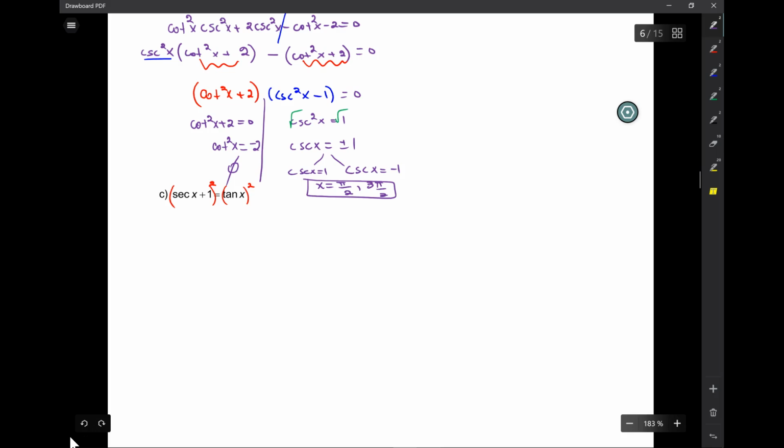Now, just be careful that you don't do secant squared plus 1 here, right? Because this is 3 terms. Secant squared x plus 2 secant x plus 1 equal to tangent squared x. Because it's a plus b squared, you have to get 3 terms. A squared plus 2ab plus b squared. Guys, this is algebra 1. Okay? Now,